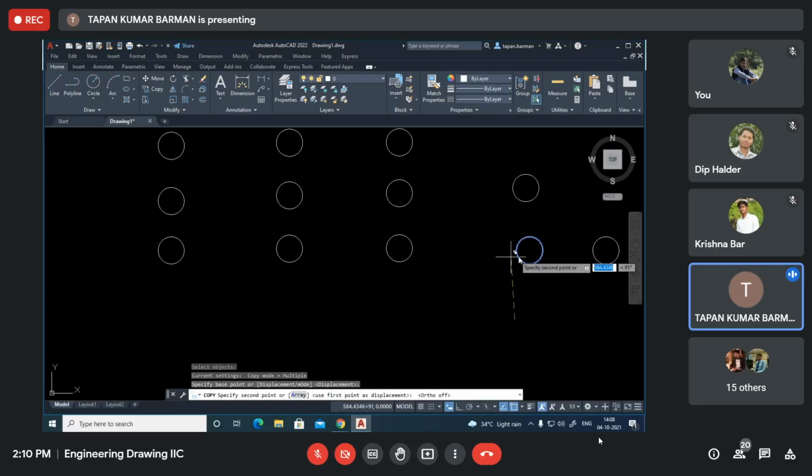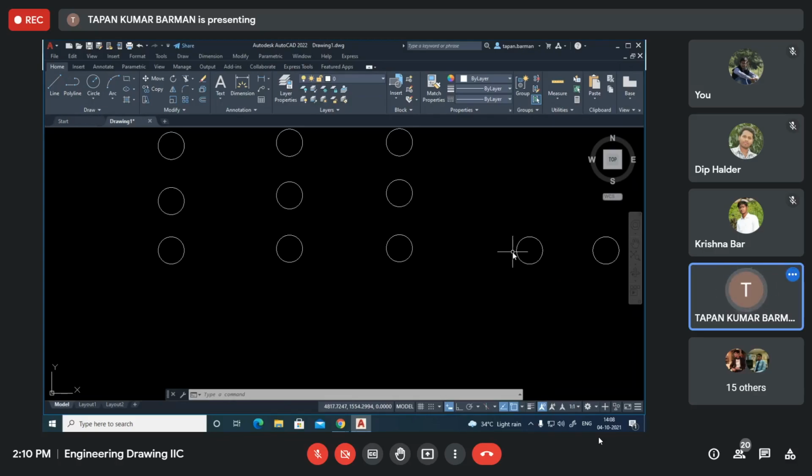You see, it may be difficult to place that copied object accurately. Do you understand this or not? Because this offset distance is there. If I select the center of the circle as the base point, or the quadrant of the circle as the base point, then it may be helpful when you are trying to place the object in your drawing.